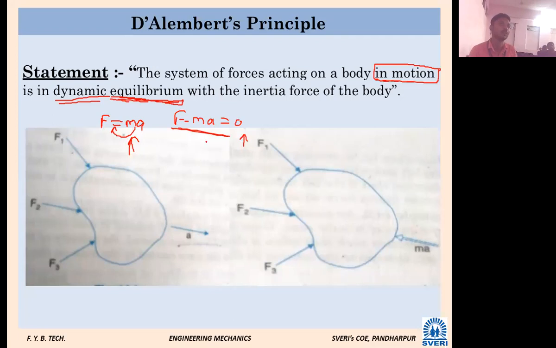त्यांनी काय केलं, F minus ma equal to 0 आणि त्यांनी पुढे जाऊन काय म्हटले, this minus ma is called as inertia force or fictitious force. फिक्टिशियस म्हणजे काल्पनिक, imaginary we can say. Irrespective of the body being in motion, there is an inertia force. तेव्हापासून इनर्शिया फोर्स. From that, this equation famously, if number of forces are acting on a body then R minus ma equal to 0. This equation is known as D'Alembert's equation.